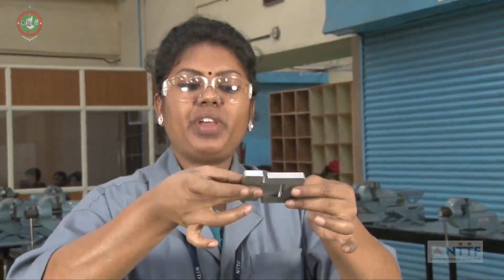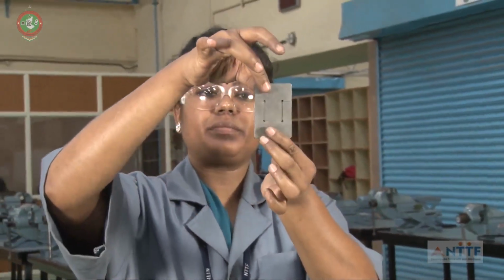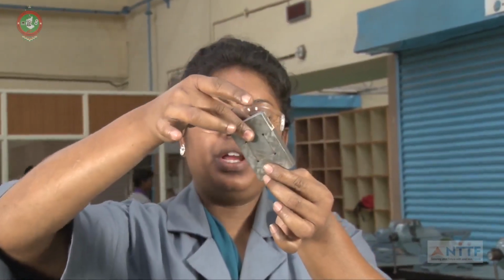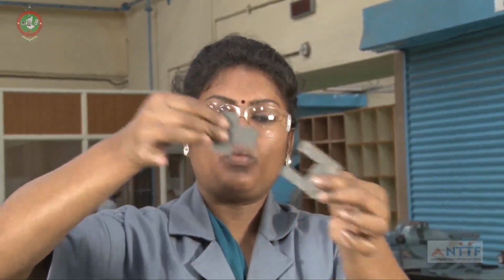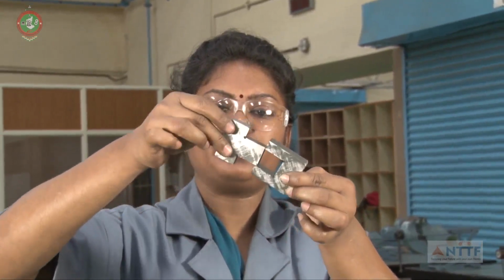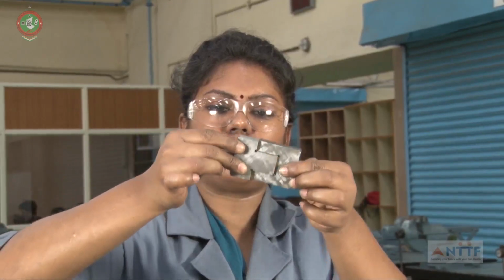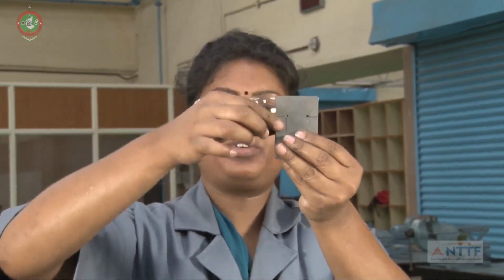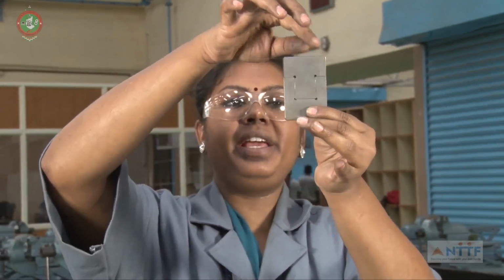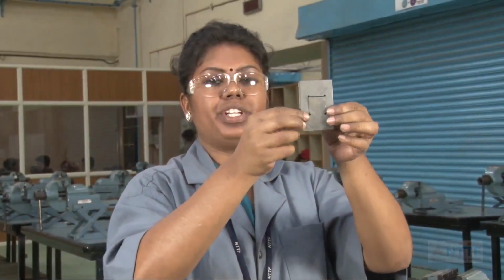Final step, we have to match the fit like this. If you are turning and inserting, it has to enter. Whatever the sides, it has to enter on that side. Like this, it has to enter. There should not be any gap in the fit. This is the final finished product of the